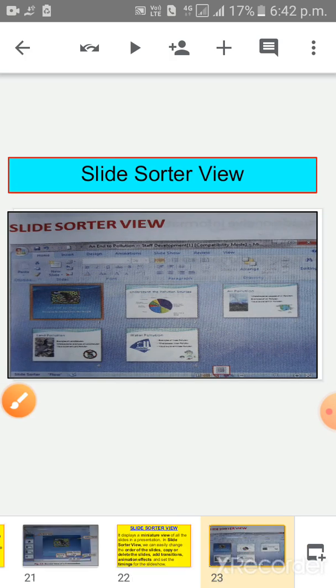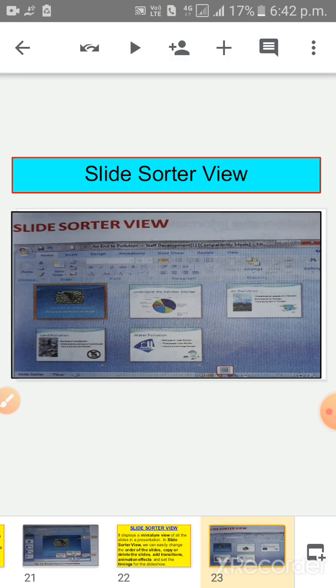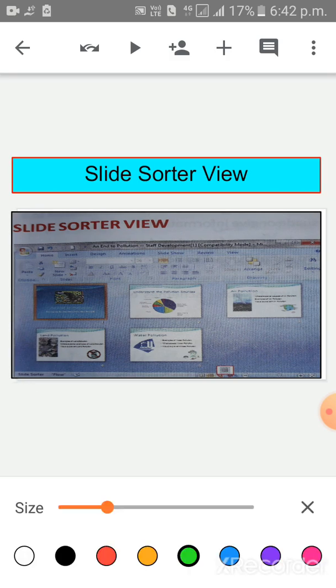Children, this is the slide sorter view. This is a picture of slide sorter view. These are the slides which you have made. Many slides are there, and you can give the slide sorter view.